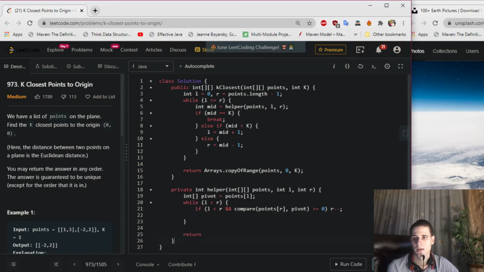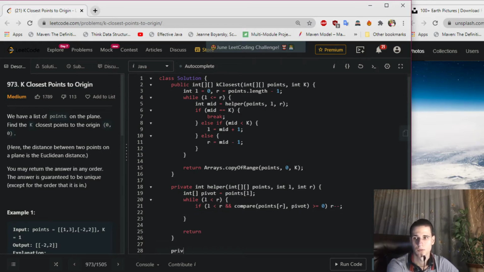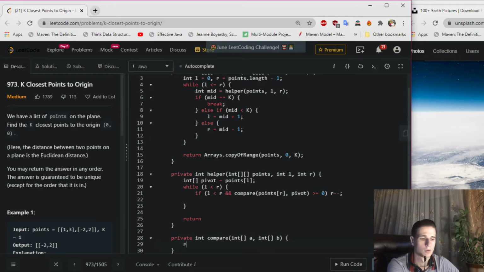And as you know, guys, we need to implement the method compare. So right here we pass array row A and row B. So we return A at the position of 0